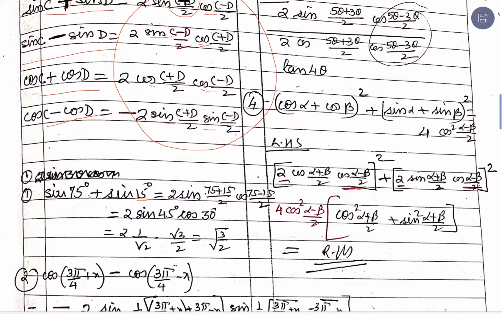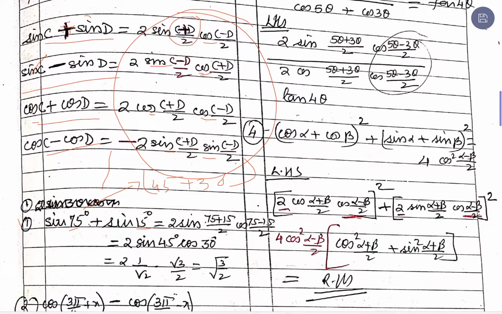The moment you see the angles 75 and 15 degrees, you might be tempted to take up the previous formula, because we have already evaluated sine 75. We took it as a combination of 45 plus 30 degrees, so in that case we would be applying sine of A plus B. So instead of going for this formula, we directly apply the formula that we have derived just now, and that formula says it is